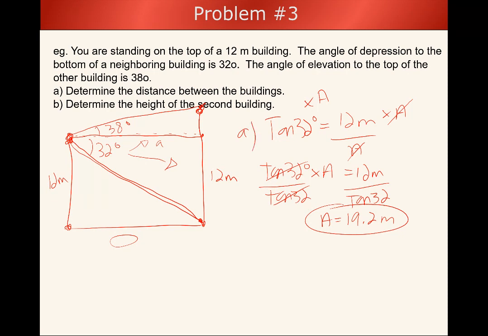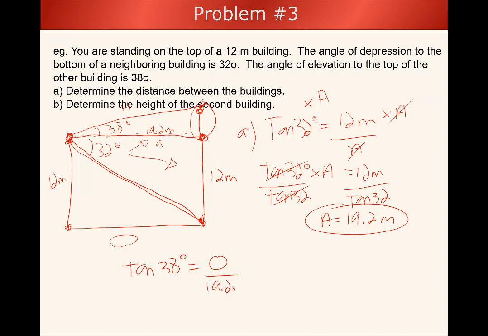Part B says, what is the height of the second building? Well, we already know that from here to here, it's 12 meters. So all I need to figure out then is that height right there. We now know that this is 19.2 meters right here. We know that's 38 degrees, so we're just solving for the opposite side. This is the hypotenuse. We're solving for the opposite. So let's go tan 38. Why tan? Because it's opposite and adjacent that we're dealing with. I'm going to call it O. And I'm going to divide it by